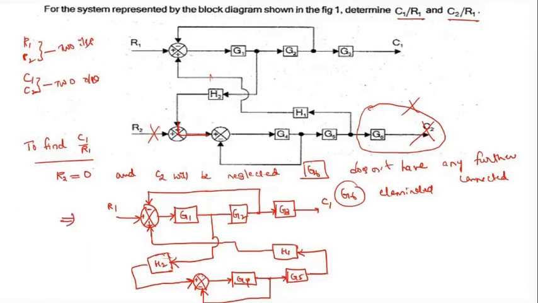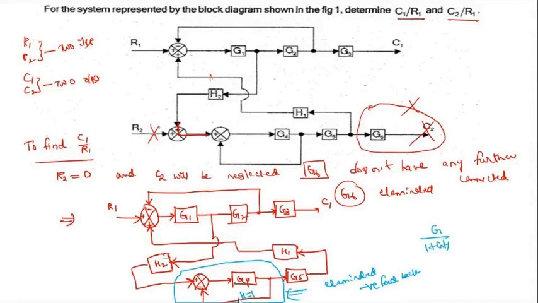See here, this is one negative feedback. I'm using the blue color pen, which is nothing but negative feedback. Here I'm writing elimination of negative feedback. Can anyone tell me, if you are eliminating negative feedback, what is the answer? The negative feedback elimination formula is G by 1 plus GH. Here H equals 1, because the feedback is given as unity feedback. Sometimes if the feedback is 1, that is called unity feedback. This word will be used frequently in the next chapter.